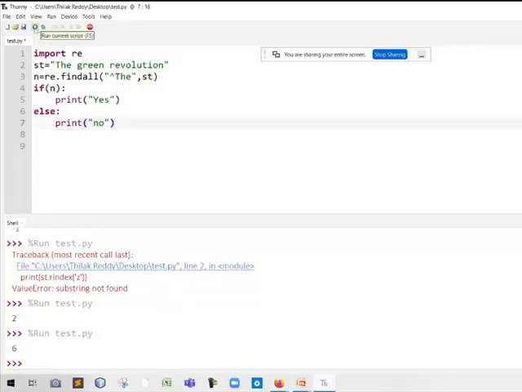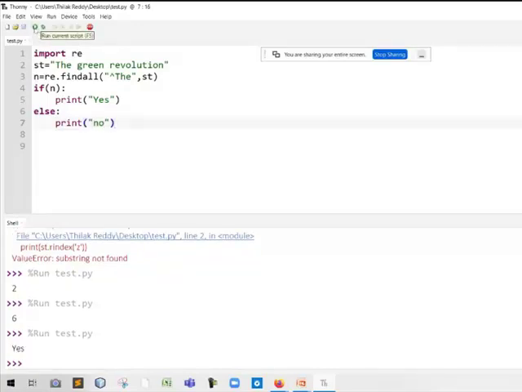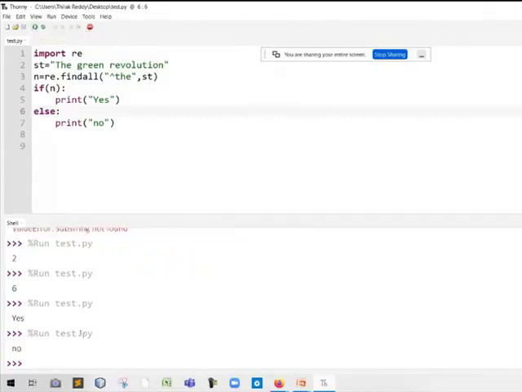Now if I execute the code, yes, it is found, because I didn't write anything other than the capital T. For example, if it is a small "the", what will be the output? No, because it is a small letter, so it is not matching with the first string. So it returns no.